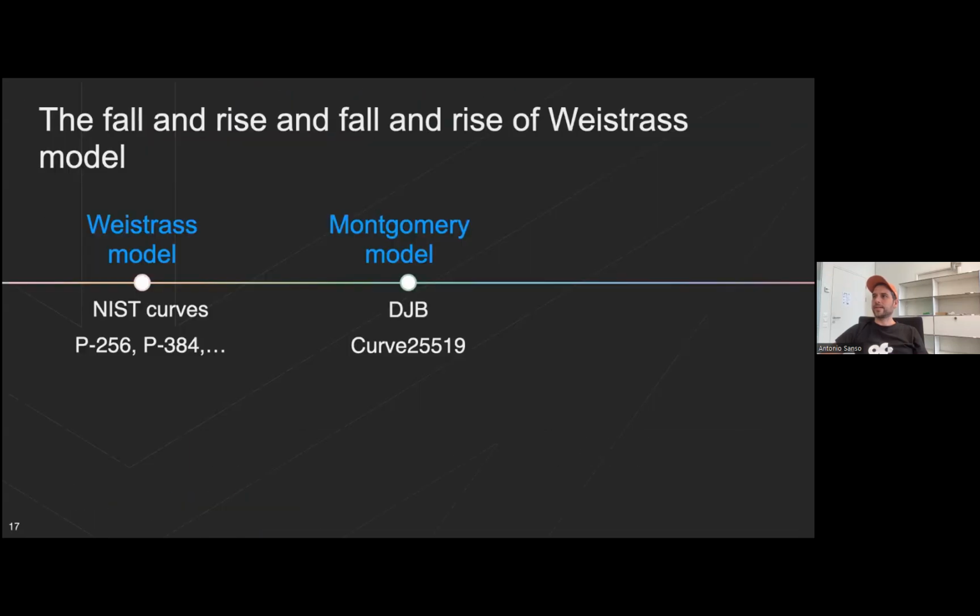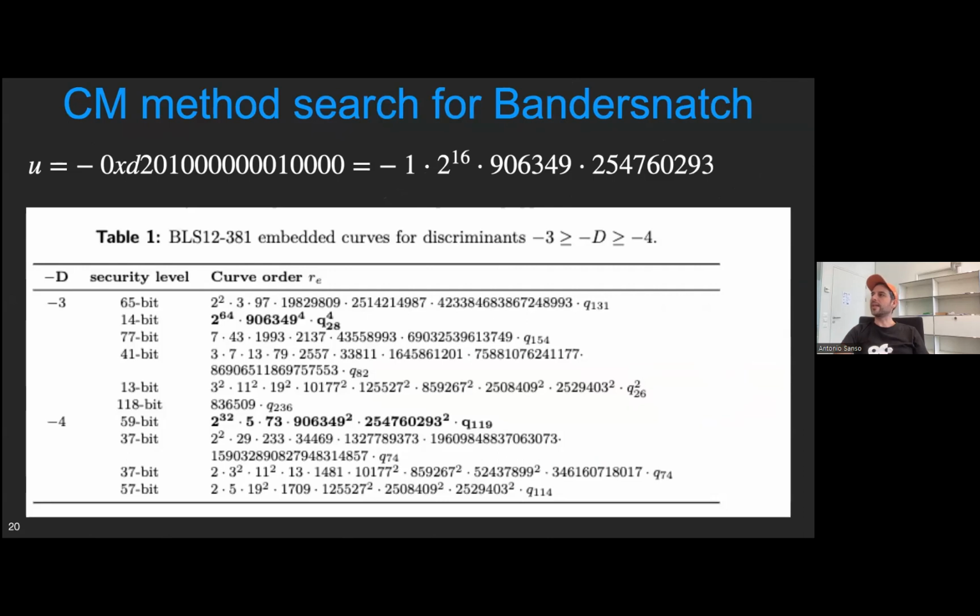Right. So cool. Here we start with the motivation for the new paper. As we said before, the pairing friendly curves are built using a seed. Here I put the seed of BLS12-381. If you take the seed, its factoring is equal to minus 1 times 2 times 16, and this is a big-ish number. And what happened is that I was observing the table of Bandersnatch, and what I noticed is that the order of two of these curves had a huge overlap with the seed of the BLS12-381. So this was kind of remarkable, and of course could not be a coincidence, and required more